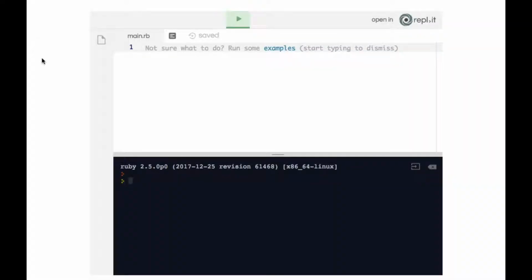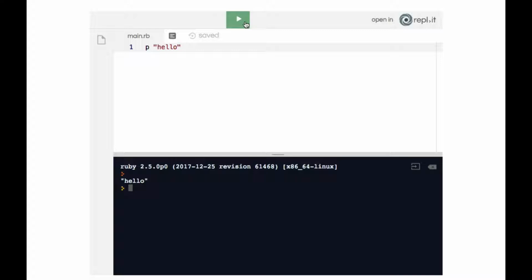Hello everyone, today we're going to learn about something very cool called methods. Let me just demonstrate. So here I'm going to write some code that prints a string containing the word hello to the terminal. As you know, when we run the code, we indeed get the string hello printed to the